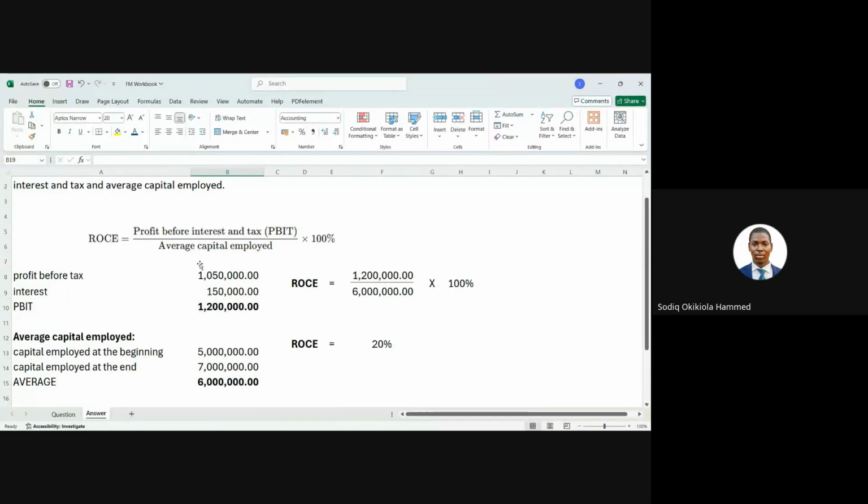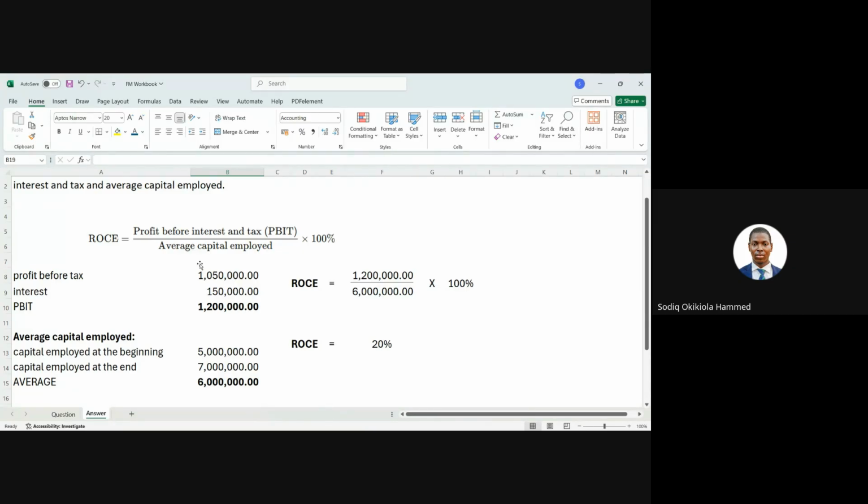To interpret this indicator, it is based on capital employed, not on their earning per se, nor on dividend per se, which is the second question that we are going to solve. So what this means is that on the total capital being employed in this company, they are able to generate 20% of their capital